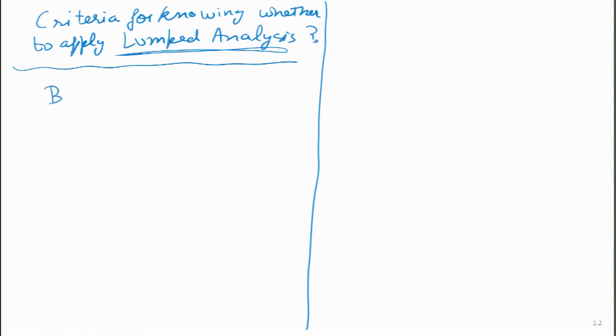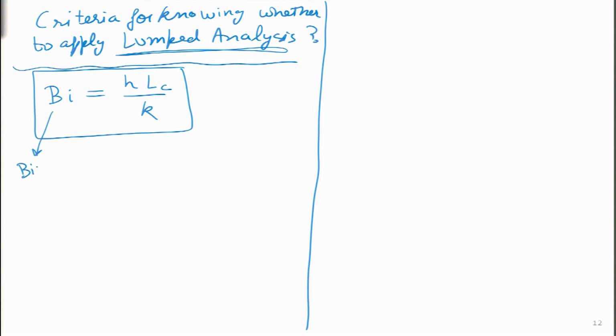So this is credit to a gentleman named Biot, and this is abbreviated of that particular gentleman's name. So let me first write this equation over here, and BI stands for Biot, B-I-O-T. So he was from France, and it's called, let me write it again, it's called Biot number.